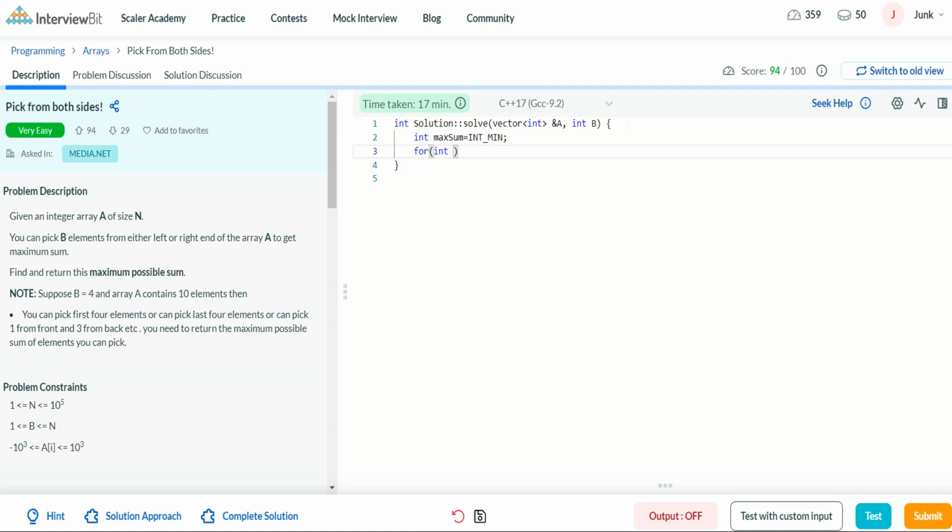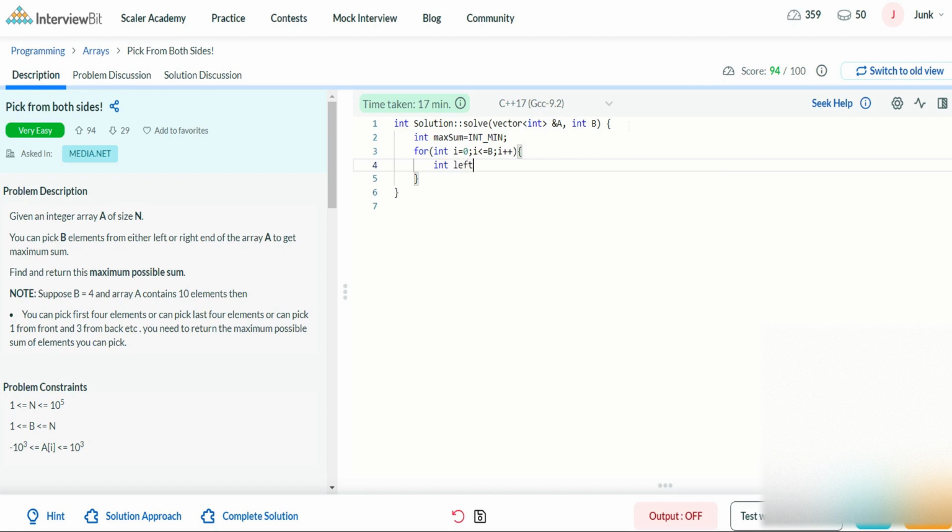So this I represents how many elements we are taking from the left. So if we are taking I elements from the left, we have to take B minus I elements from the right. So first of all, let's sum up the values until I index, that is